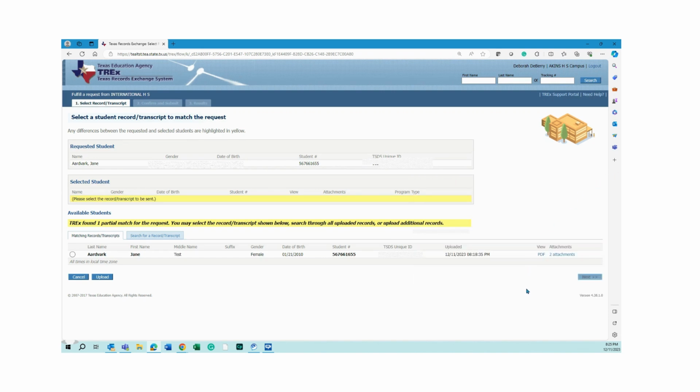I am ready to fulfill this records request for International High School. I have met the new House Bill 3 guidelines. I have Jane's current year discipline on my PDF file. I have the historical discipline records that were automatically loaded into TREx after the system searched main PRD for historical discipline records that matched Jane's unique ID number. And I have the BTA documentation that my SSSP team gave me. So I am ready to fulfill this records request.